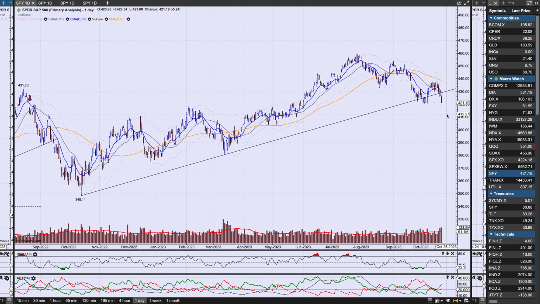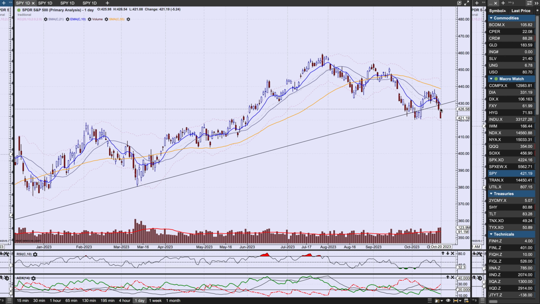And the bottom line is, what is the strongest thing in the market? The strongest thing in the market is not an indicator, it's not sentiment, it's price. Price action is exactly the strongest indicator of what is going on. And right now, the last 3 days, this broke down hard. And look out on the SPY, we are literally 1 point away from taking that October 3rd low out